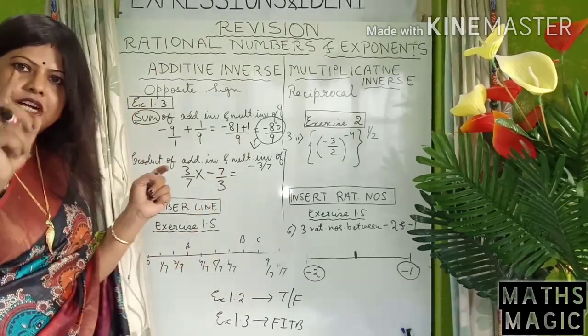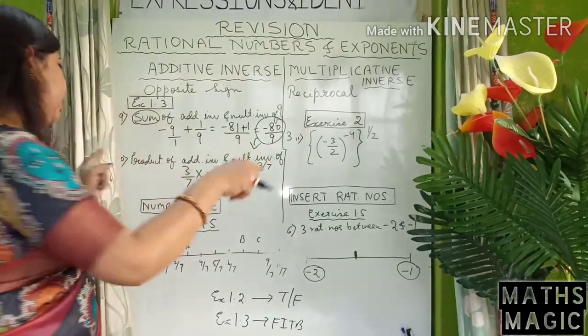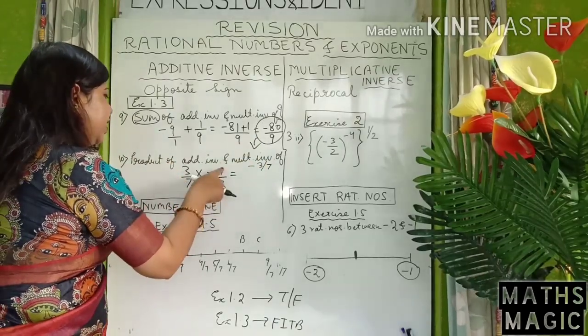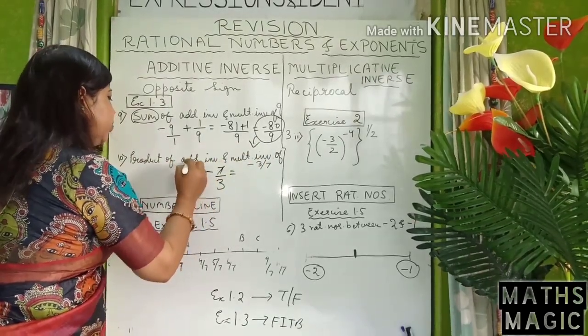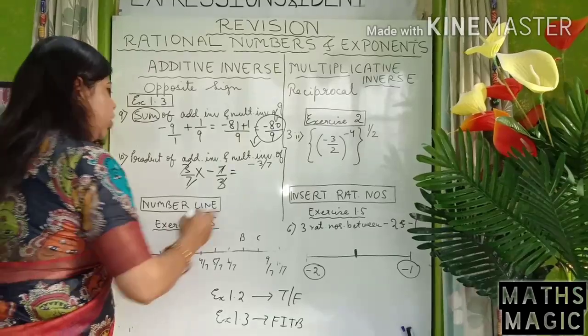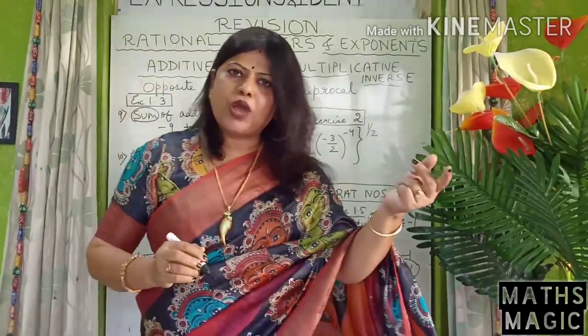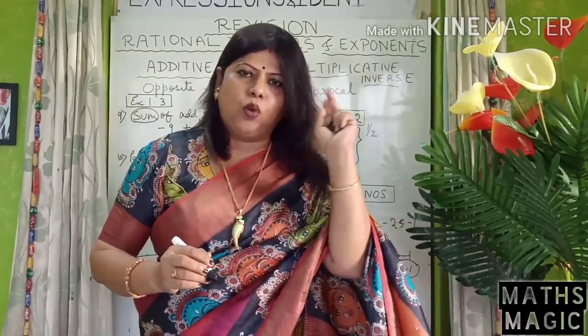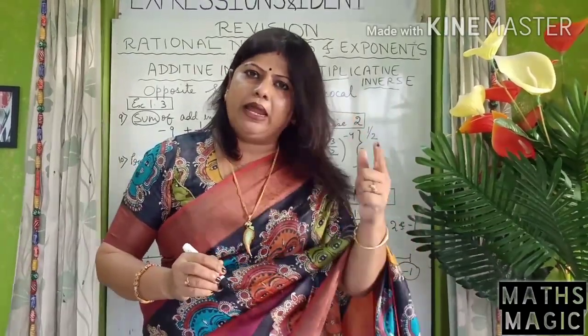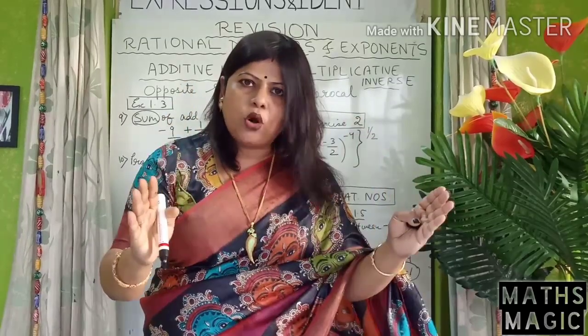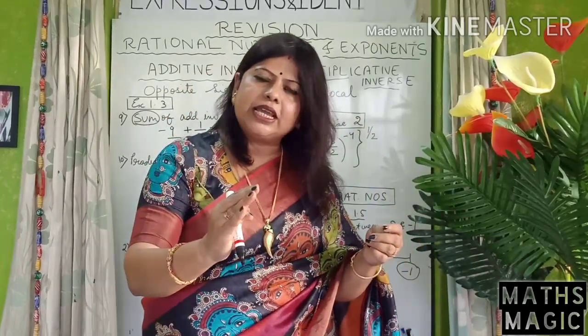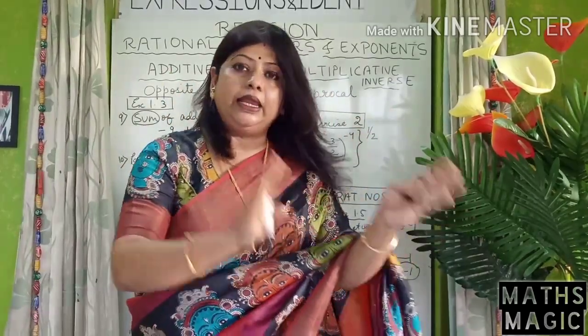Come to the answer. First you see whether you can cancel off anything. So you can see over here 7 and 7 go, 3 and 3 gone. Followed? So your answer is minus 1 over here. On top also you have 1. So 1 into 1 by 1. So your answer comes to minus 1. Followed? Once more I repeat. Additive inverse is just opposite sign.